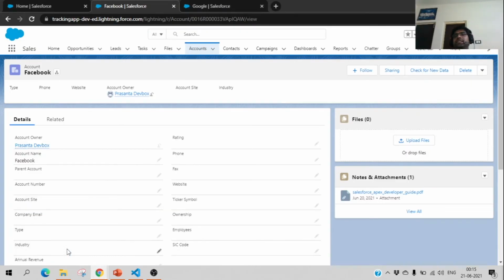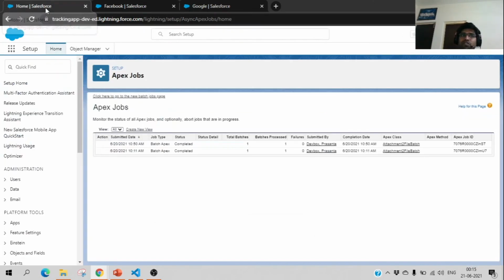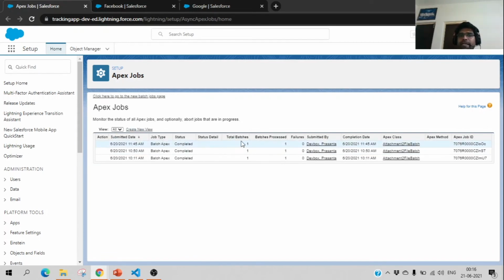But as this is a batch job, it may take some time. To check the batch job status, you can go to Setup and type Apex Jobs. Okay, now you can see my Apex job has been completed. Total number of batches is 1 and number of failed batches is 0.